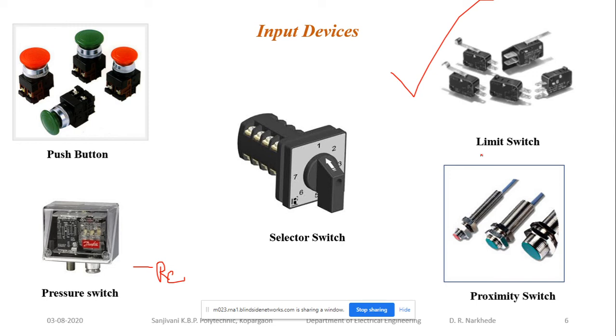Okay, and because of this, over the period of time, when the continuous physical contact and movement is there, there is wear and tear, and the operation of this switch is not proper. So this switch will detect without physical contact. Okay, proximity switch. These proximity switches will detect the object without making physical contact.